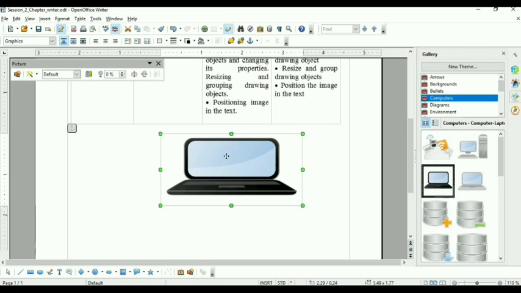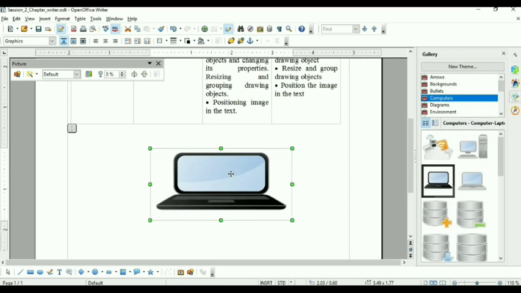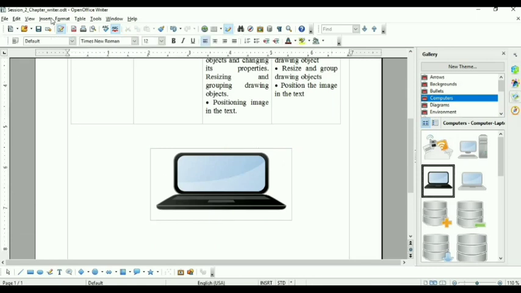Once you click on it, you will see the picture is inserted in your document. Is it clear? Now, what happened? This picture has replaced the previous one. How? Because at that time the picture from file was selected. Now you deselect it and again you want to insert your picture.